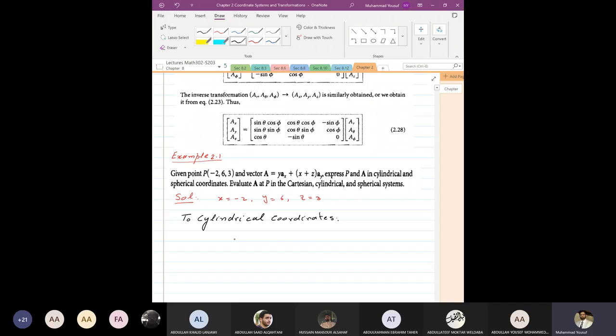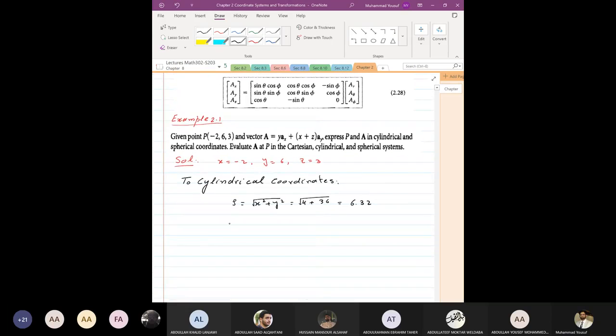In cylindrical coordinates, we have rho equal to the square root of x squared plus y squared. So this is the square root of 4 plus 36, equal to square root of 40, and square root of 40 is 6.32,